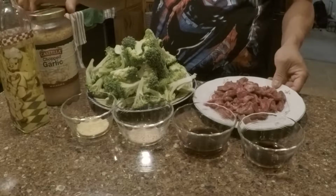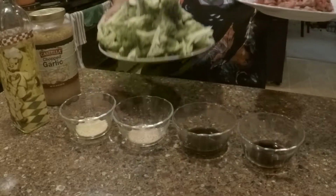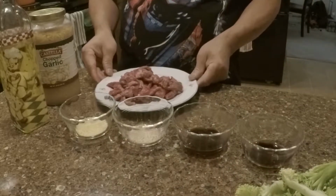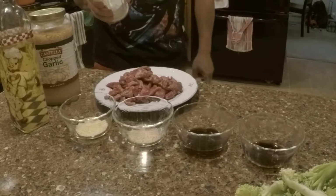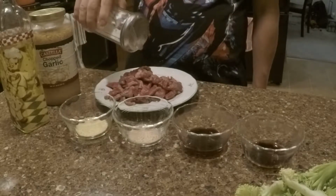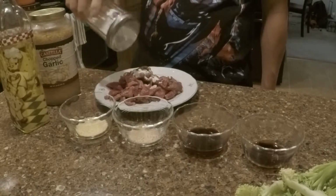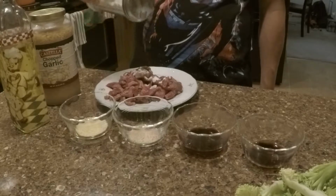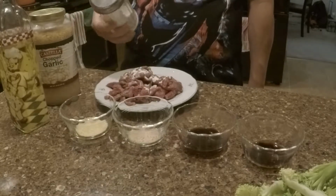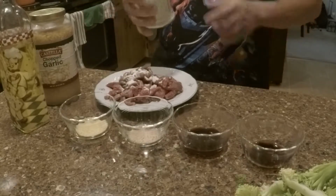And for the beef, what you need to do is marinate it first. Marinate it with cornstarch. Just put a little bit here, and the cornstarch would kind of tenderize the beef. That's why you put the cornstarch, mix it with the beef,